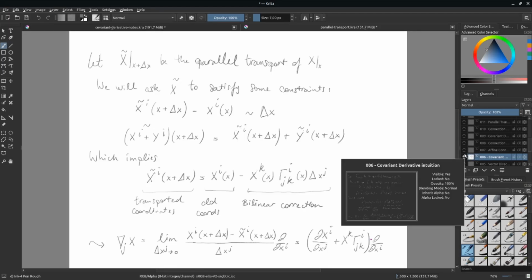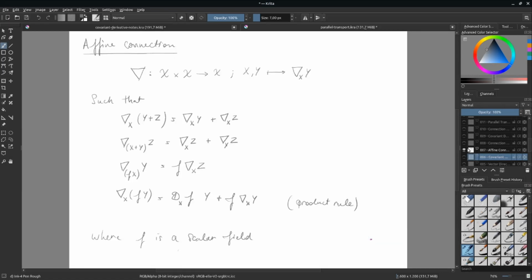And so we've defined in some sense the directional derivative. Now, before speaking more about these coordinates, it turns out that this object that we've defined, this covariant derivative, we can define it simply axiomatically, and it's what we have here. So we define an affine connection as some map that takes two vector fields and gives us a new vector field. So if we take two vector fields x and y, it returns a new vector field, the so-called covariant derivative of y along x,